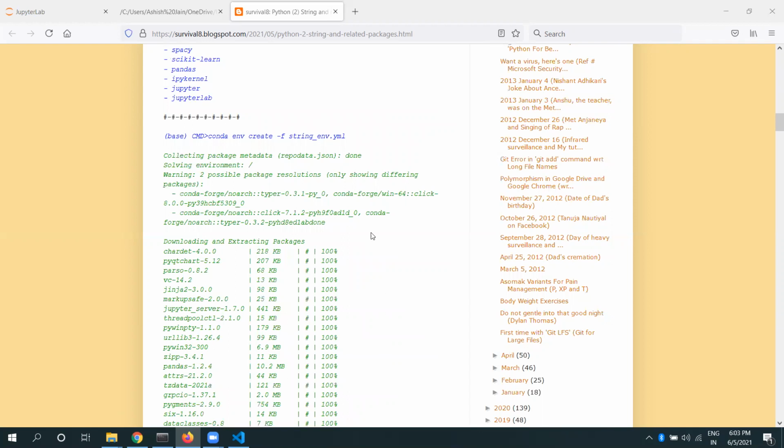The previous session, where we were trying to understand strings and their methods. Now,